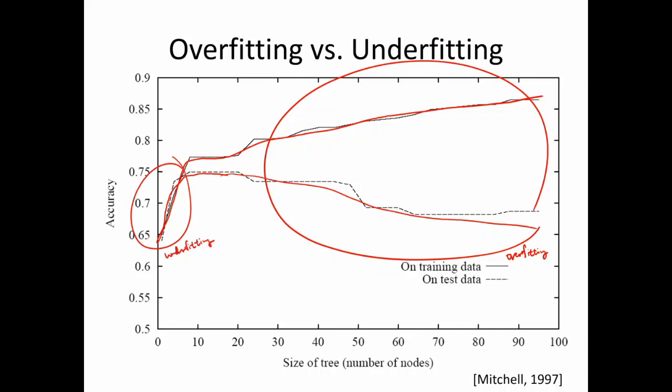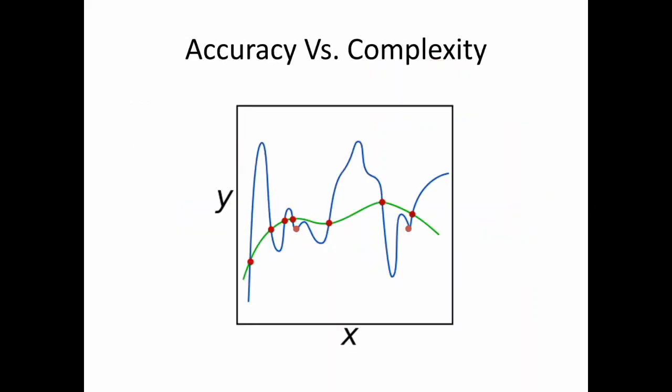So the sweet spot you're targeting is right here. The issue of overfitting is typically handled by balancing accuracy and complexity. So suppose we have the red dots as data points, and we have two models, the blue model and the green model. And as you can see, the blue model gets everything correct, whereas the green model misses 2 data